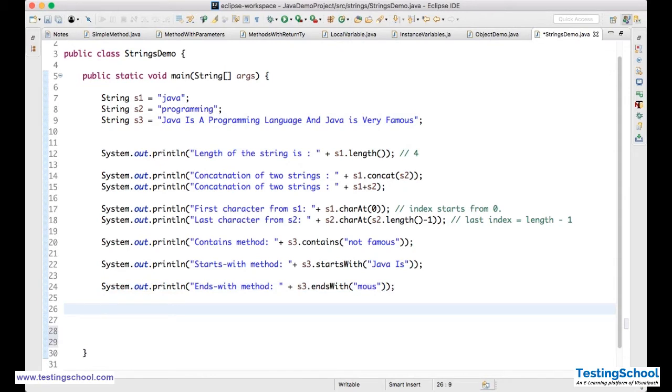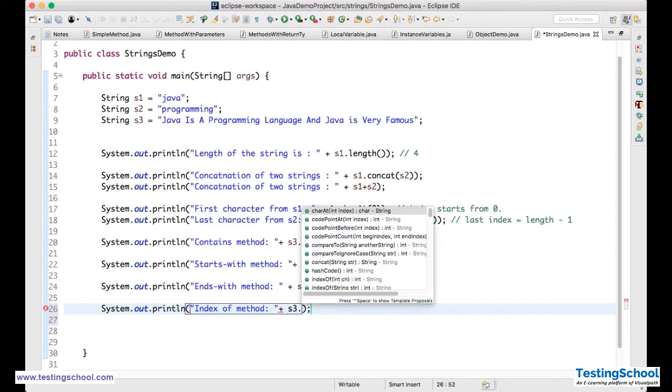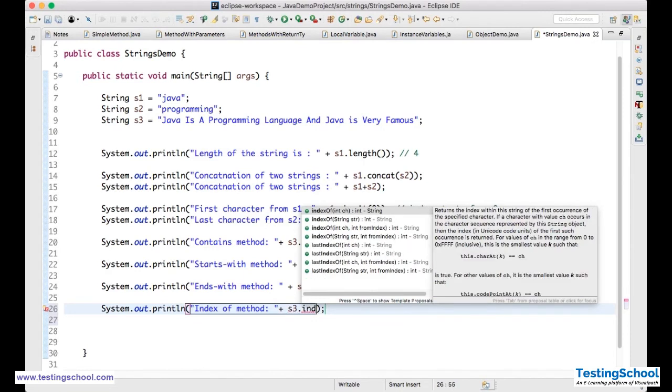Now, indexOf. We have one of the methods called indexOf. We'll see what that is. So S3 dot indexOf. See, previously when I gave an index value, it gave me the character. It is different.